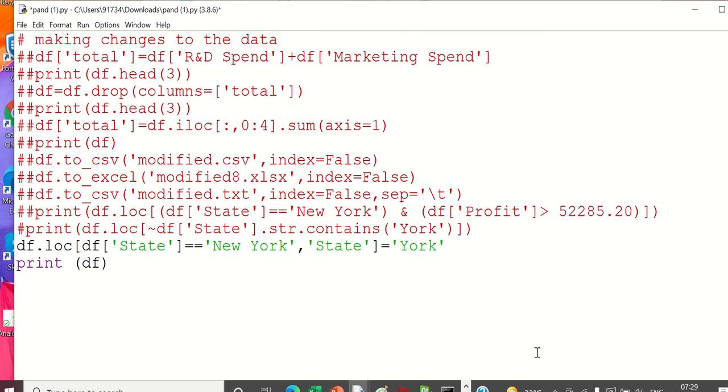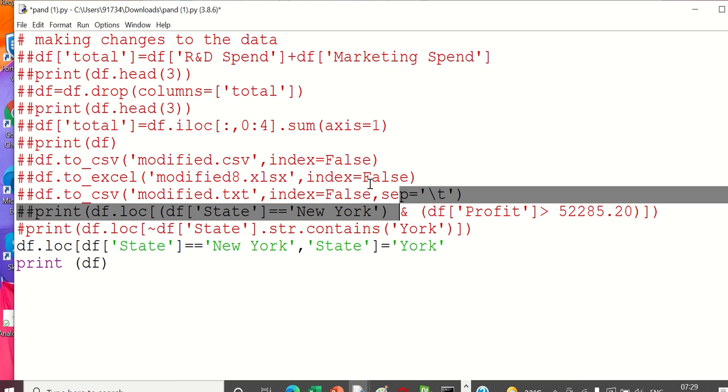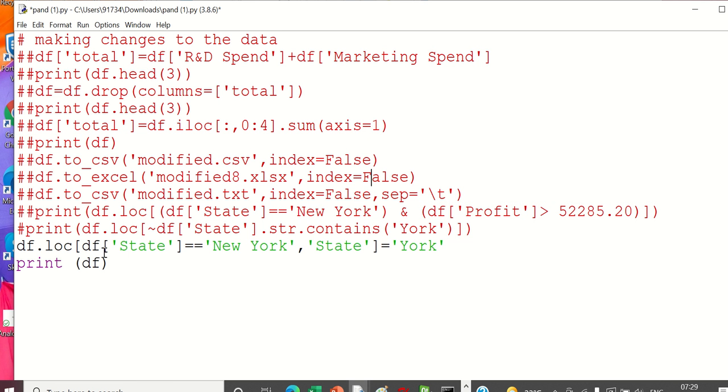Now the question for you guys is, should you remember all these commands? No, no, no. You don't have to remember all these commands. That is not required even if you are a data scientist. But you should know that these are the things that can be done. Then you can always Google, or you can see some reference and you can get the syntax. Should I remember the loc command, iloc command?